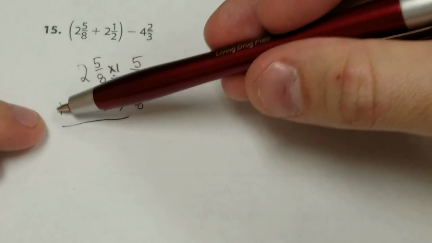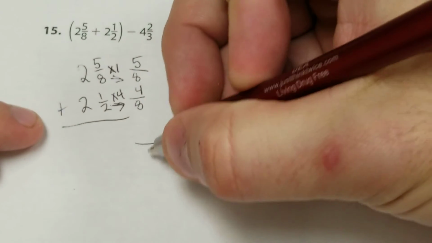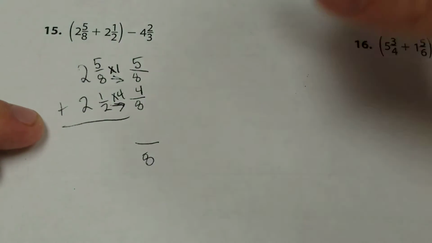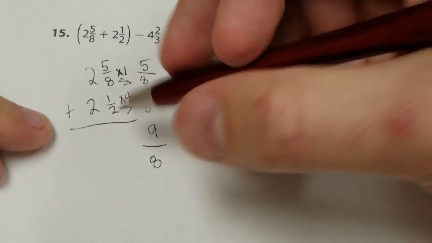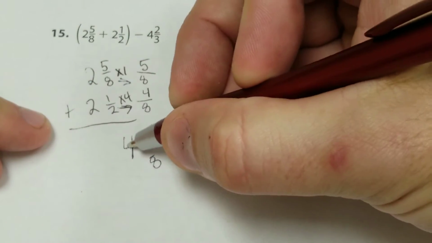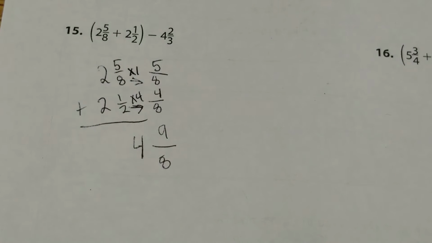I'm going to look back. I'm seeing that we're adding. So we're adding 8s plus 8s. I get 8s. I'm adding 5 plus 4. I get 9 8s. And then I have 2 plus 2 as my whole number, so I have 4 and 9 8s. Now, normally we would turn this improper fraction into a mixed number, but we are only halfway through